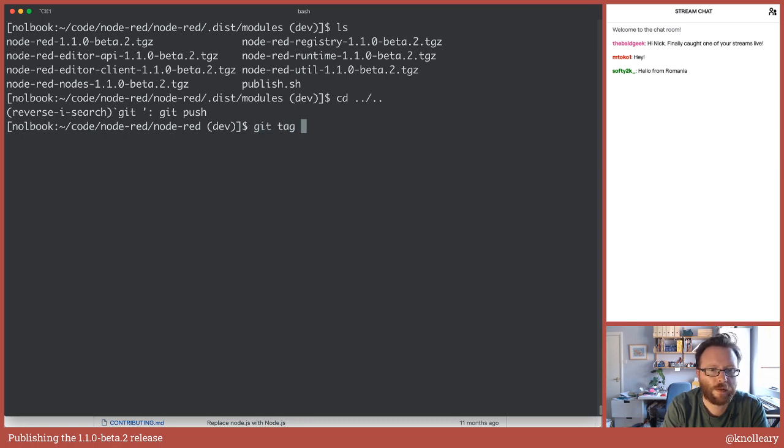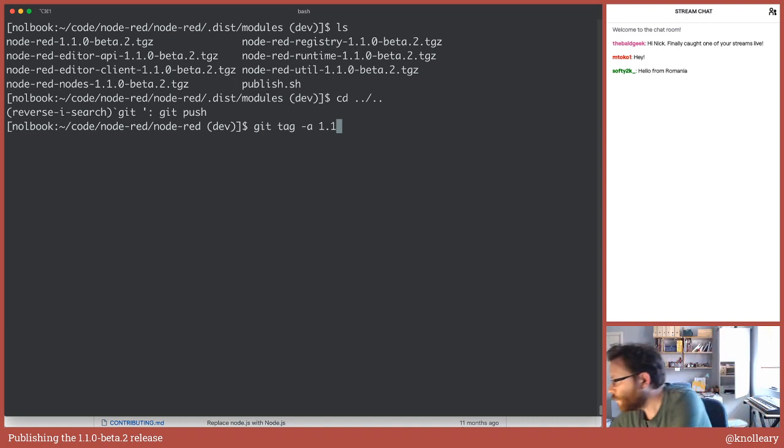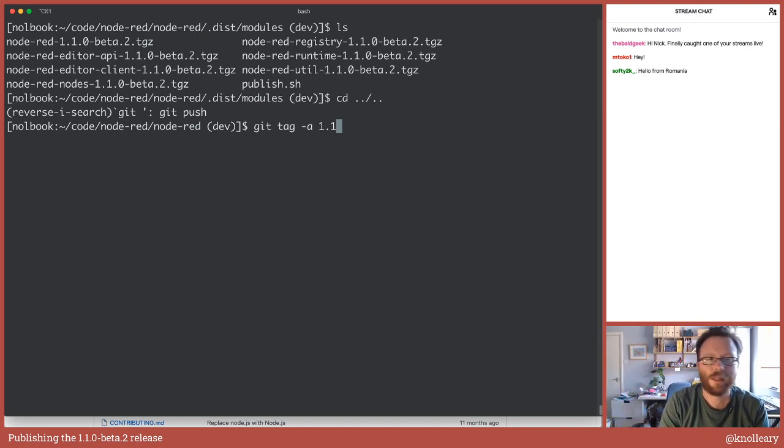Git tag, annotate tag, 1.1. Is this the right command? Oh, this is where I... See, we do this rarely enough that I have to always just go and check my notes. 1.1.0